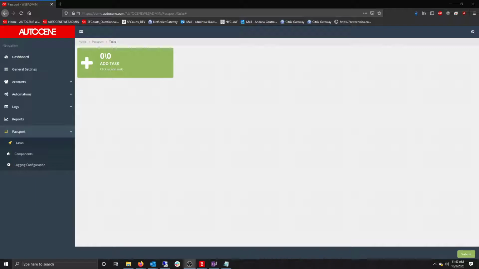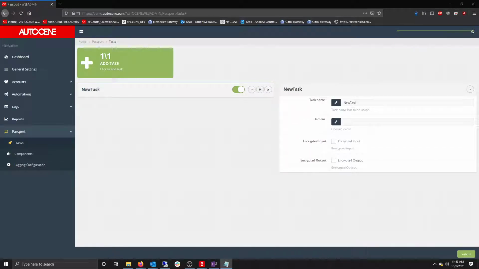For today, I'm going to be showing you a portion of Autocene Passport and how you can begin automating your IoT device maintenance. So the first thing that we're going to do is create a new Passport task. This Passport task here is going to be actually talking to our